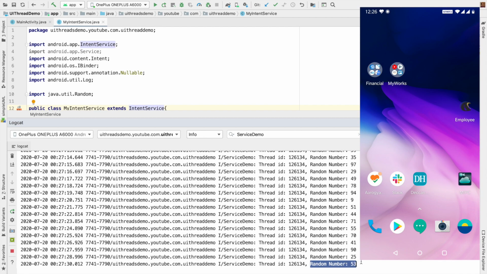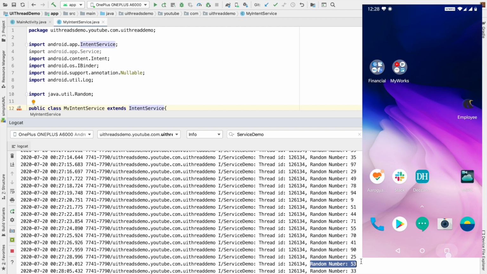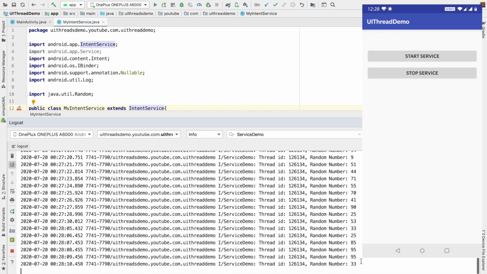So basically when the application has gone in the background, the service has been stopped by the device. And if I bring back the application to the foreground, you may once again start seeing the service resuming, random number getting generated. Well, this is what is happening in the OnePlus.